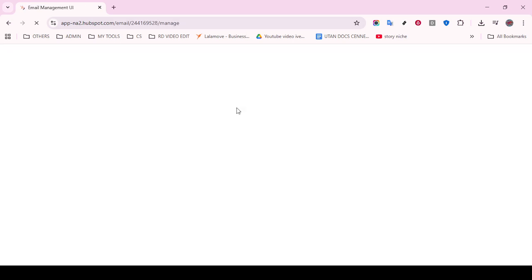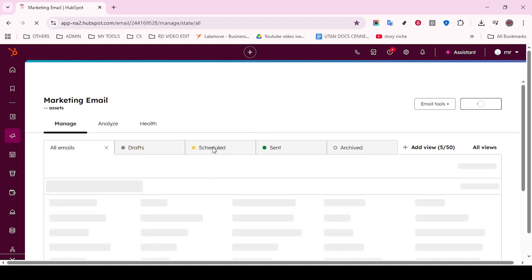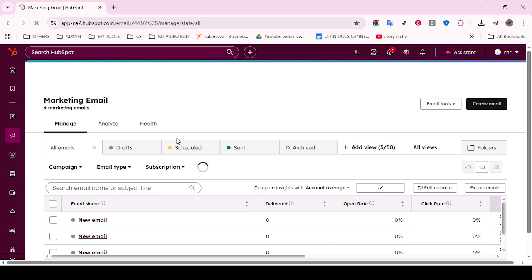First, let's begin by logging into your HubSpot account. Once you're there, direct your attention to the top navigation menu and look for the Marketing option. Hovering over or clicking on it will reveal a drop-down menu where you'll want to select Email. This section is your control hub for managing all your email campaigns, whether they're still in draft, scheduled, or already